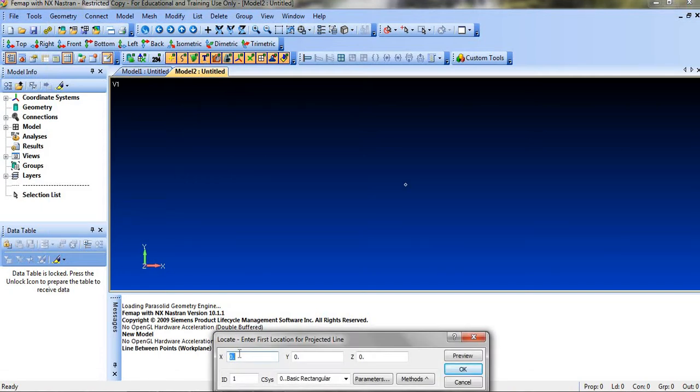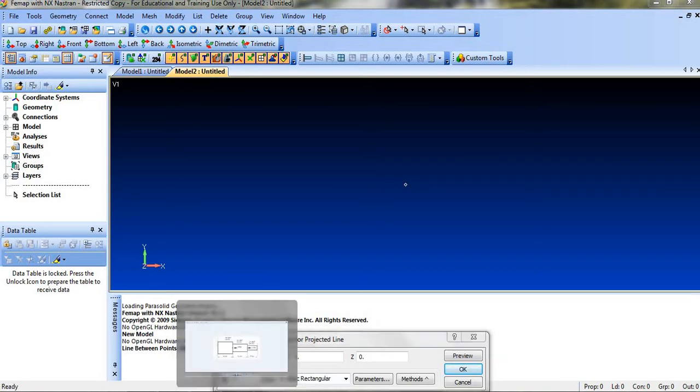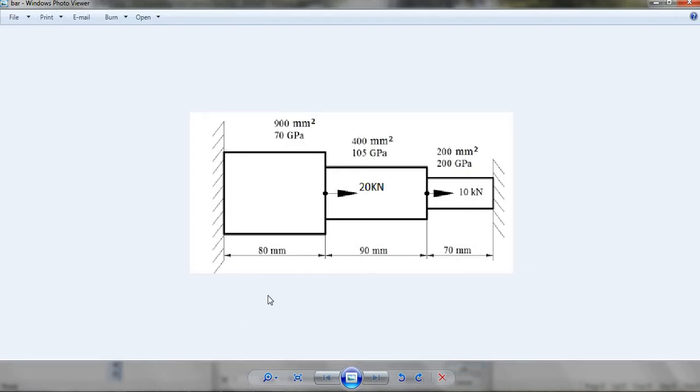First, we have to see what the different points are and at what distance they are. We usually call these nodes. So we need to define the nodes and at what distance they are. In this diagram, we will take the left side as the origin, where x is 0 0. For the first element we have two nodes: node 1 at the left corner and node 2 at the right corner.